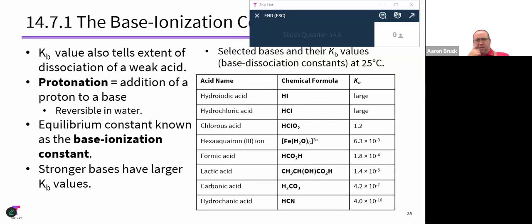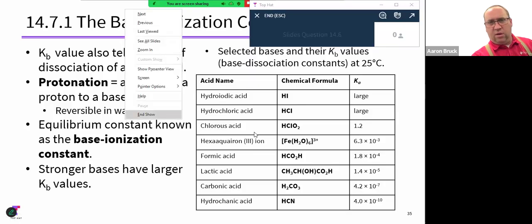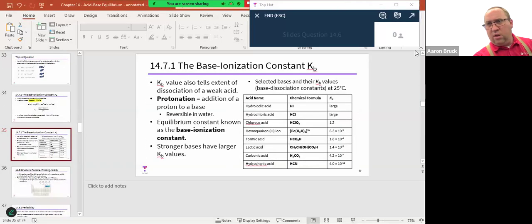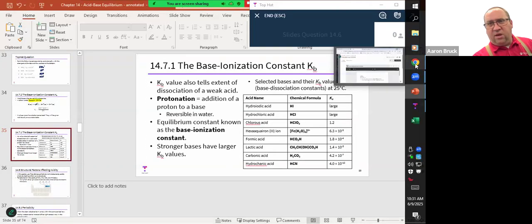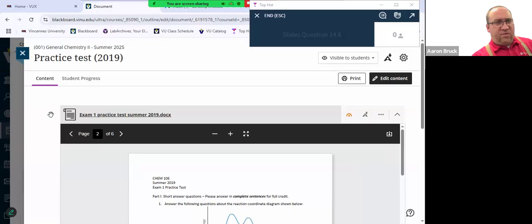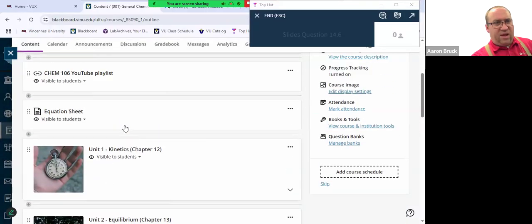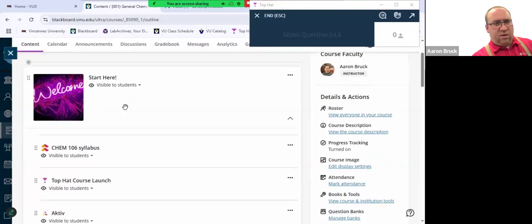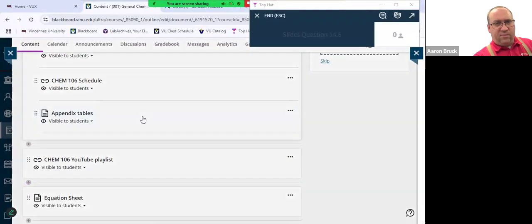Interesting here. Okay, so that's supposed to be a table of Kb values. Obviously, it is not. But if we go into Blackboard here and we go to that appendix table,